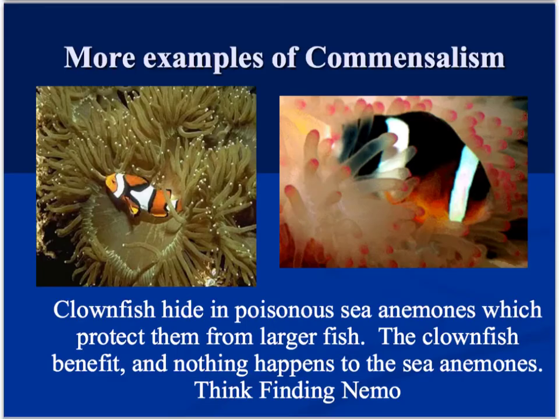understand. So we'll use another example of commensalism that maybe, if you've ever seen Finding Nemo, you're a little bit more aware of. And that would be the clownfish and the sea anemone. So in the case of clownfish, a lot of times they live in these things called sea anemones. And an anemone is just a sea animal that is poisonous if you don't have a certain chemical that covers